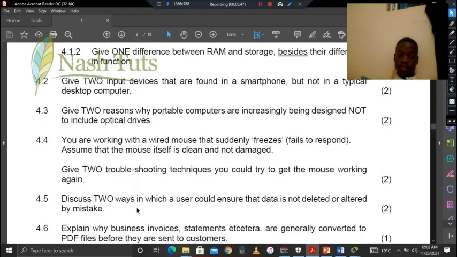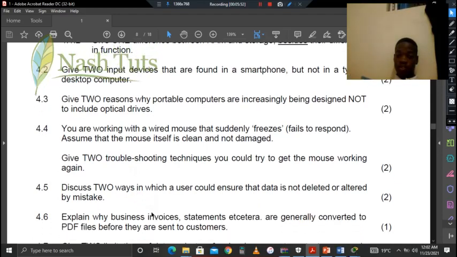4.5, discuss two ways in which a user could ensure that data is not deleted or altered by mistake. Okay, to make sure that it's not deleted or altered by mistake. Number one, insert read-only attributes. Okay,